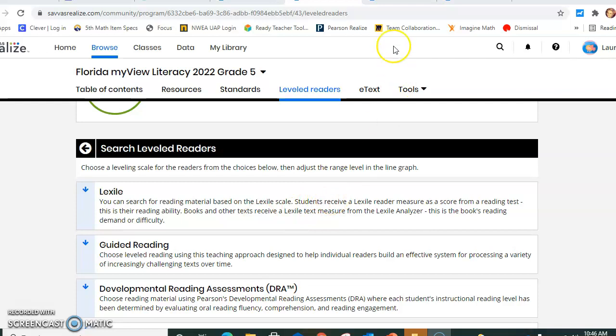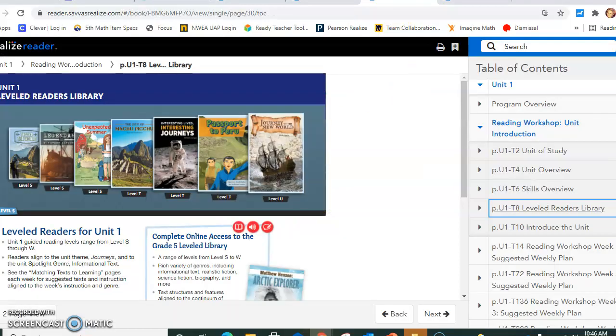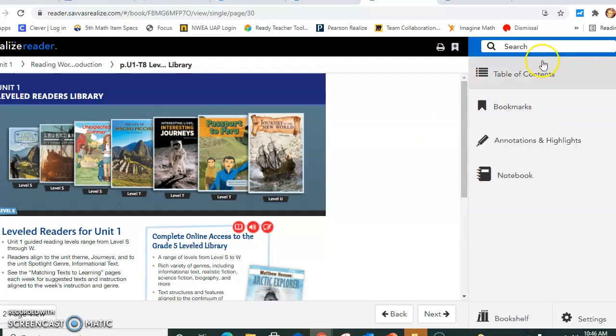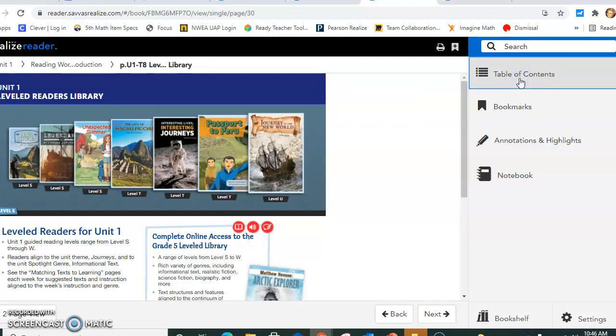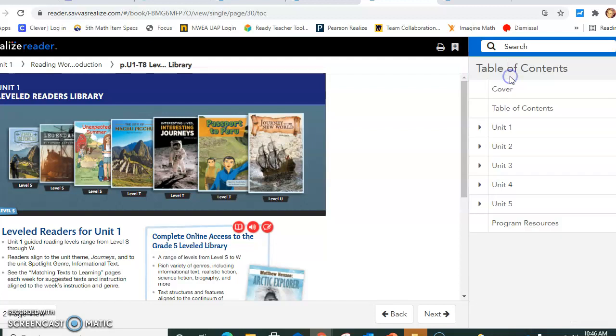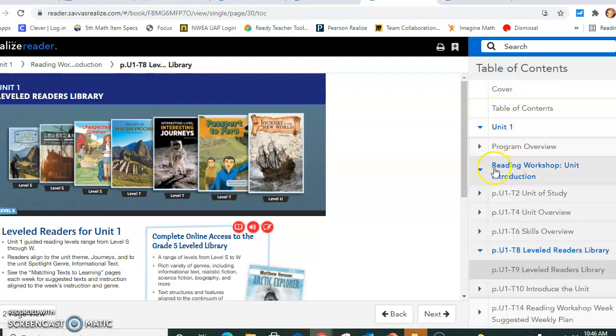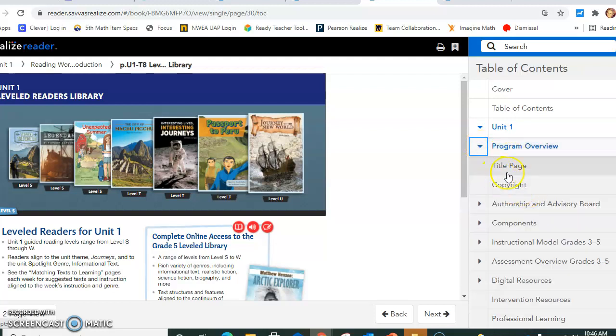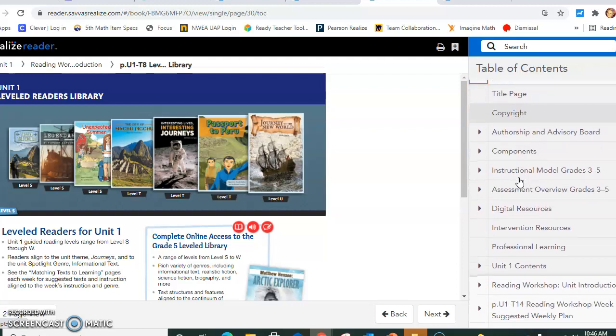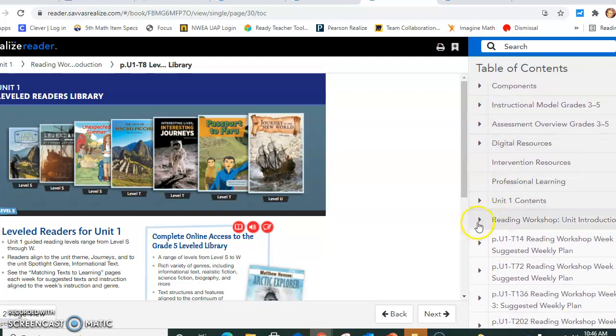So if I'm looking at still the 5th grade curriculum, and I'm going to toggle back over to the Teacher's Edition. At the beginning of every unit, and I'm over here on the table of contents, remember I clicked, trying to get out of this so I can show. All right, I clicked menu, I clicked table of contents. Okay, then I put down unit 1. I click down on program overview. Then I click down on